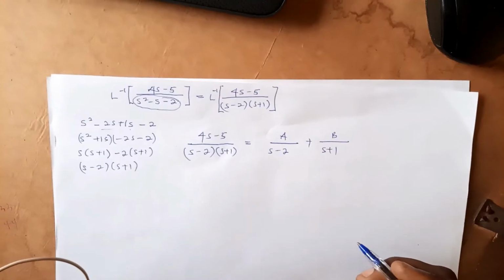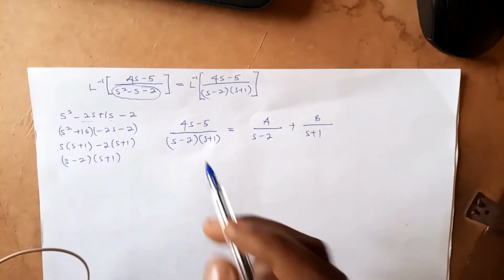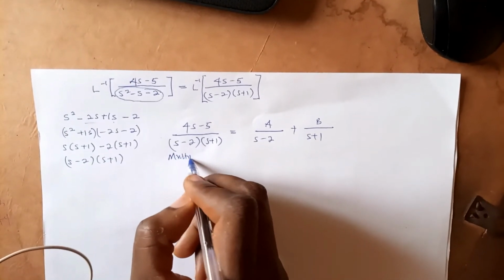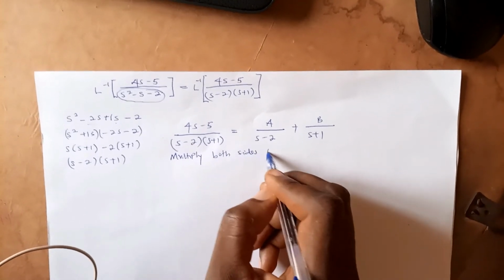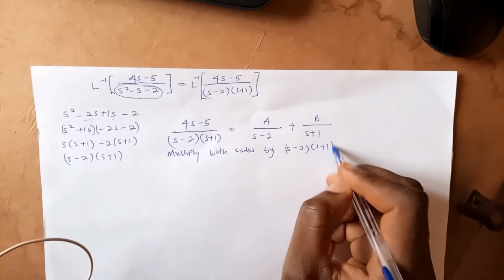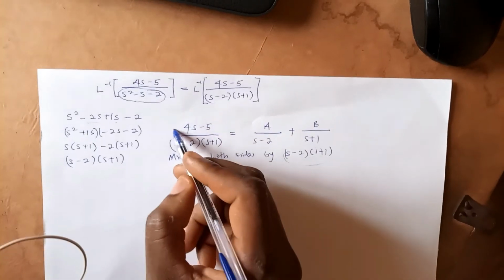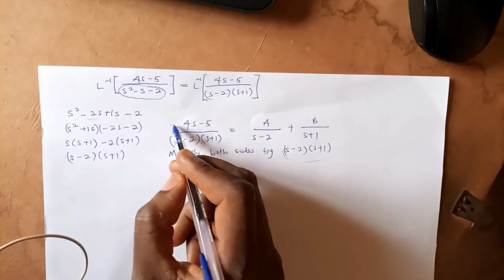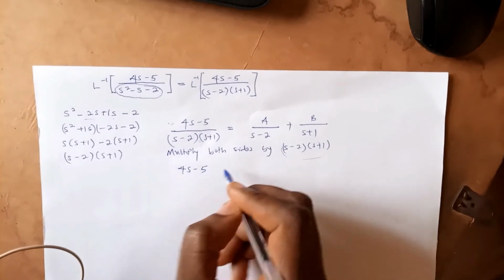You see that now? So what is the next thing? What I'm going to do now is multiply both sides by the denominator. Let me just write that: multiply both sides by what? By (x minus 2)(x plus 1). By the time I multiply everything here by this, it will cancel this. What will remain is 4x minus 5, then is equal to